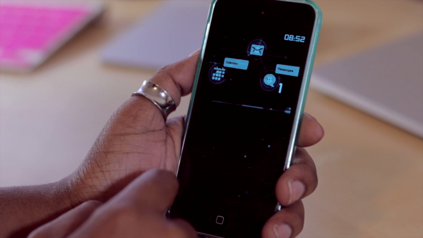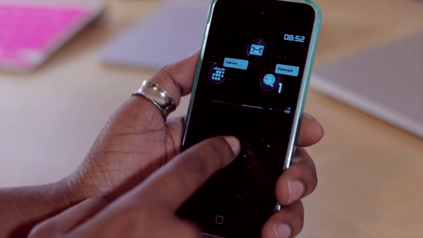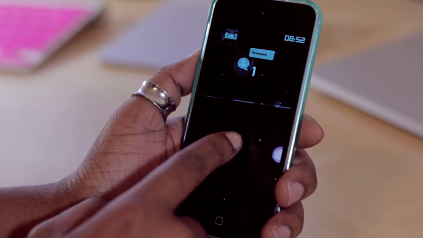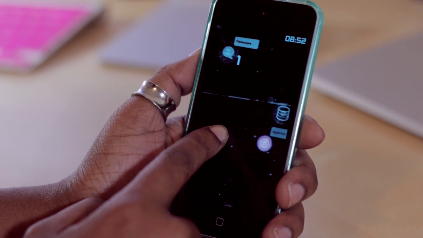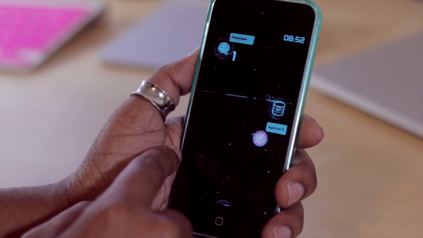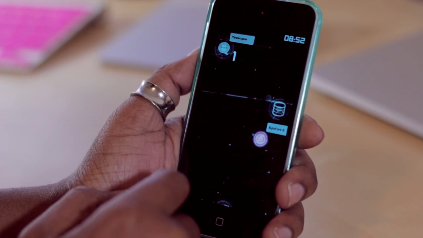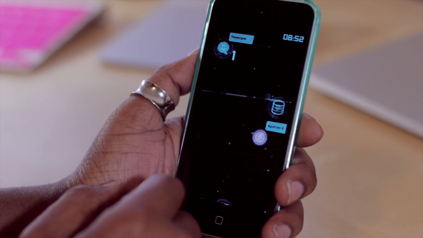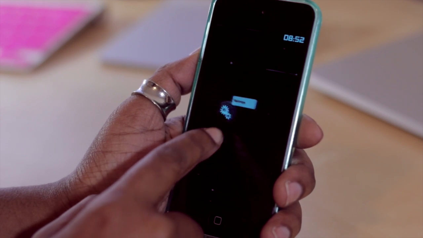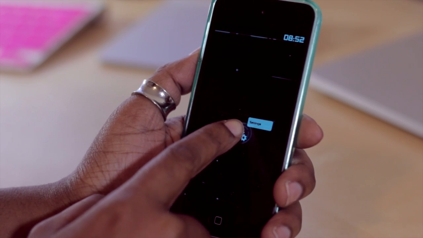Now, what I personally love about this theme is that it has a one-of-a-kind look, where it completely alters the look of your home screen. And it's activated via your settings, so you don't need Winterboard to run this, which is pretty different. So in order to get it up and running, all you have to do is go into your settings,